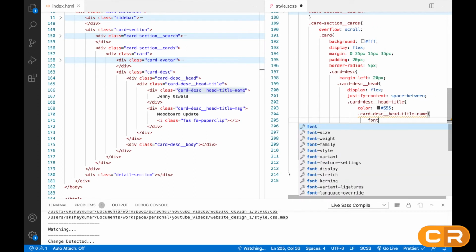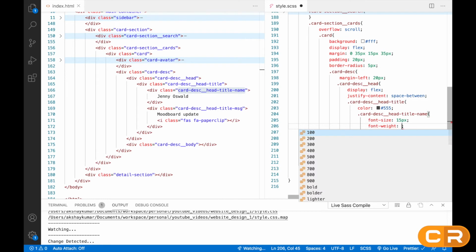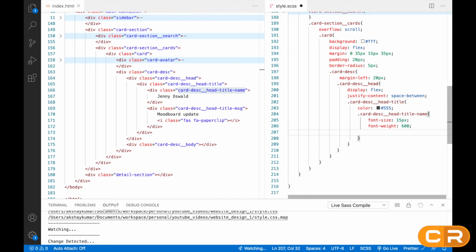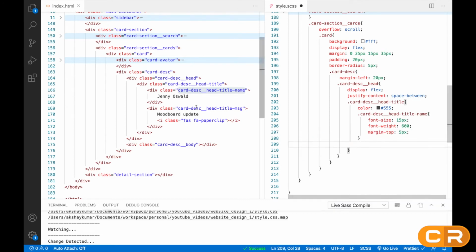We can give font size 15px, then font weight 600, some bold font, right? Then margin top 5px. Then I will pick this message class.